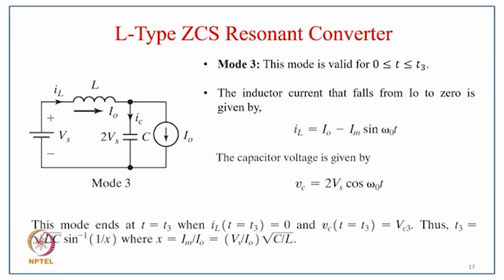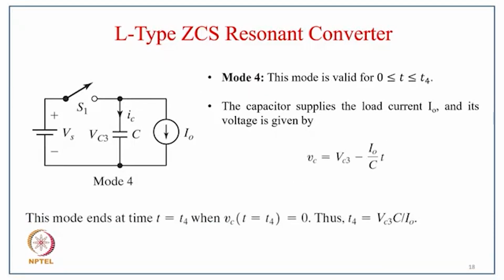Coming to mode 3, the mode 3 is valid from 0 to t3, and this inductor current that falls from I0 to 0 is given as IL equal to I0 minus Im sin omega 0 t, and the capacitor voltage is given by Vc equal to 2 Vs cos omega 0 t, and this mode ends at t equal to t3 when IL equal to 0 and Vc equal to Vc3, and then t3 equal to under root LC sin inverse 1 upon x, where x is Im upon I0,